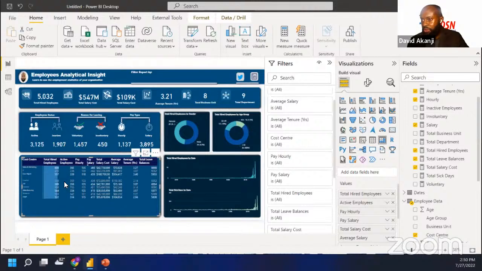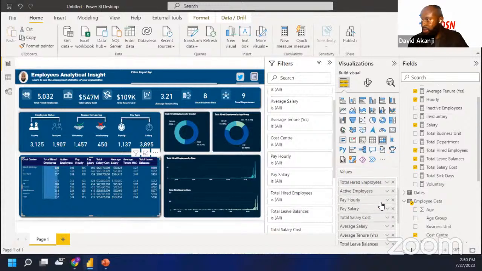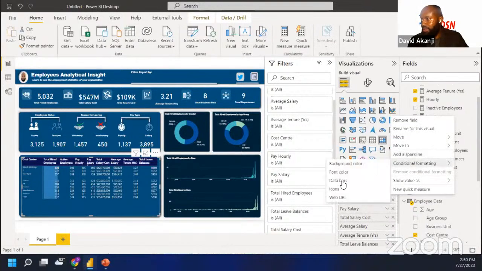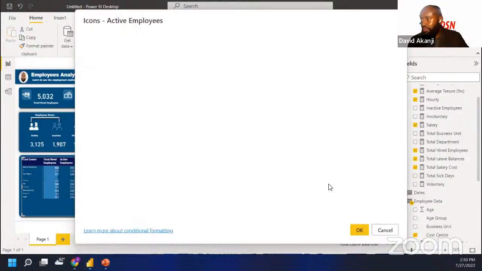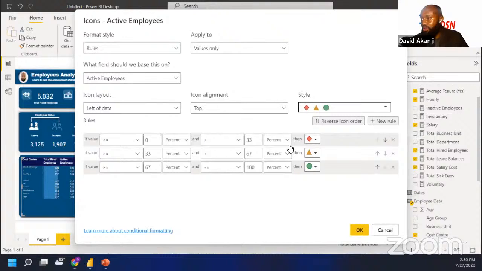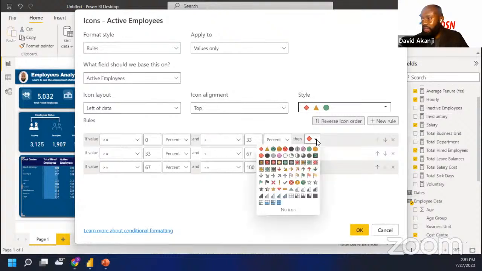So it will populate using bar. So let's look at the active employee conditional formatting. I will use different ones, because I want to use icons in case people might want to use them. Now for my own icon, I can use one for the minimum percentage. Let me use